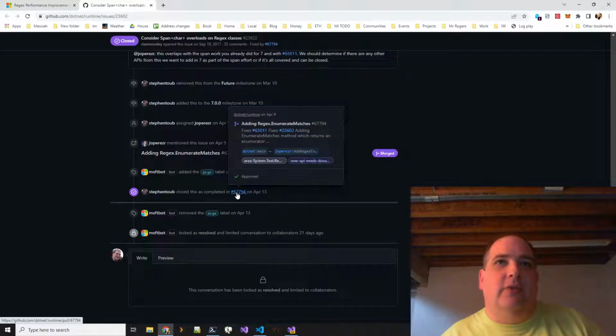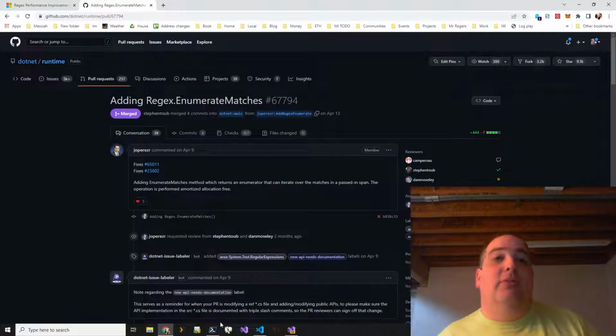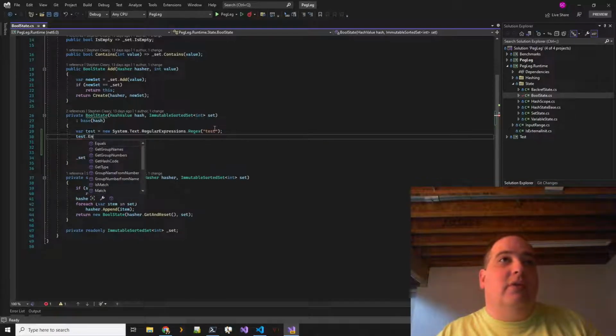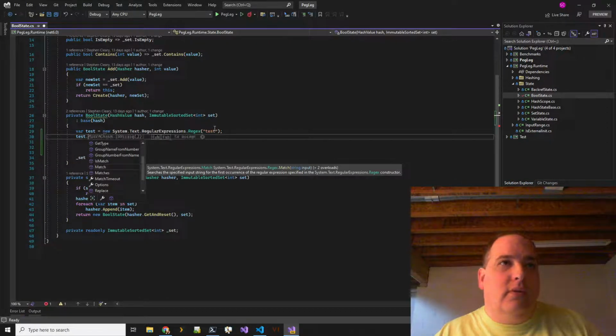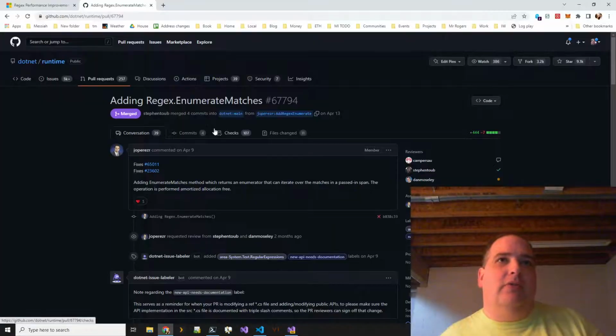Nice. Enumerate matches, that's what it is. I knew it had a different name. Okay, so it's an enumerate matches method that we would use in .NET 6, I thought. Am I in .NET 6? I am. Here's my enumerate matches.